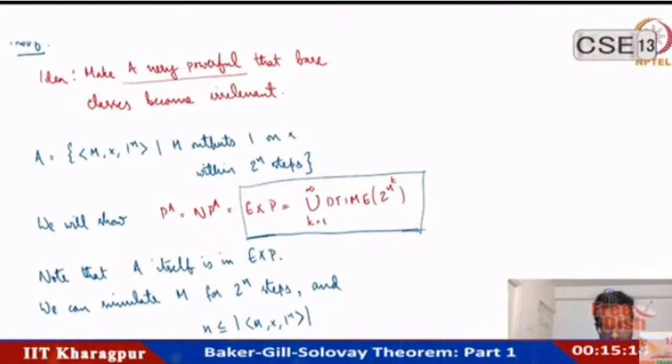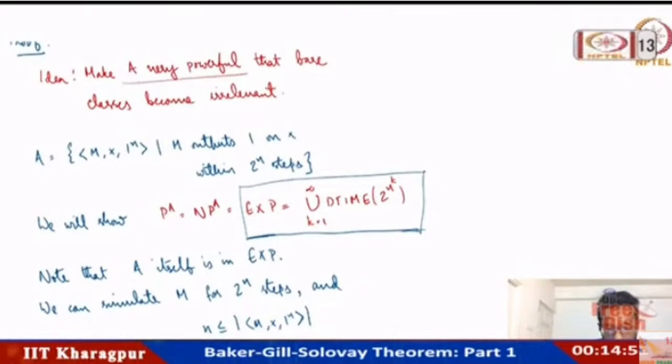⟨M, x, 1^n⟩. Okay, 1^n just means n ones. So where M is a description of a Turing machine, x is some string, and 1^n is, well, just n ones. And what is the language? The set of all such three tuples